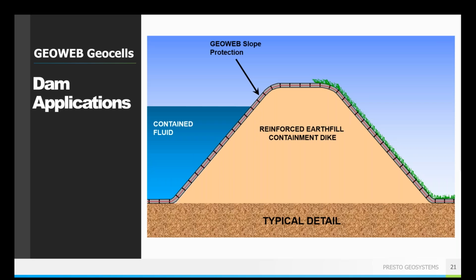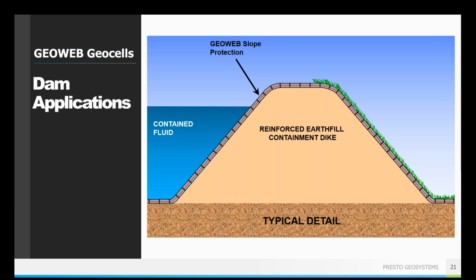So I'm sure most of you, if you are in this industry, can see a typical detail like this. You have the wet side and you have a dry side. The GeoWeb system can armor both sides. So if you are on the wet side, you would typically put in either an aggregate fill or maybe concrete if you know you're going to have wave action, if you're on a coastline, or if you have a really long lake that has a lot of wind potential to generate those waves. Maybe you do need that concrete for extra protection. So you can have that on the wet side.